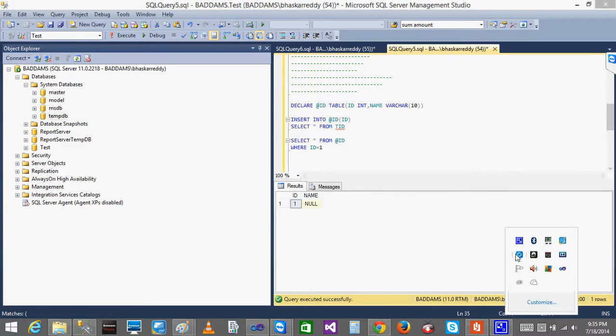Bhaskar, can we join the temporary table with the other tables? Temporary table, you can use a temporary